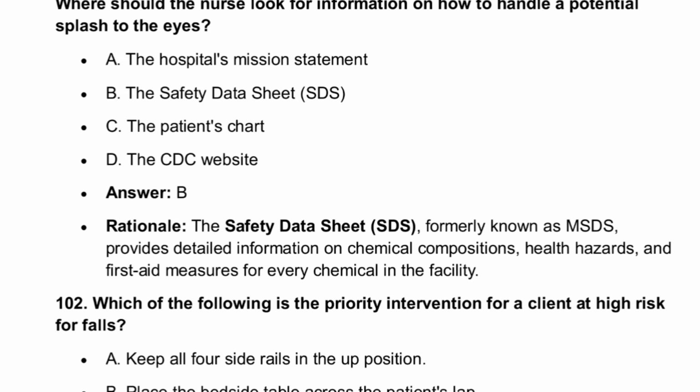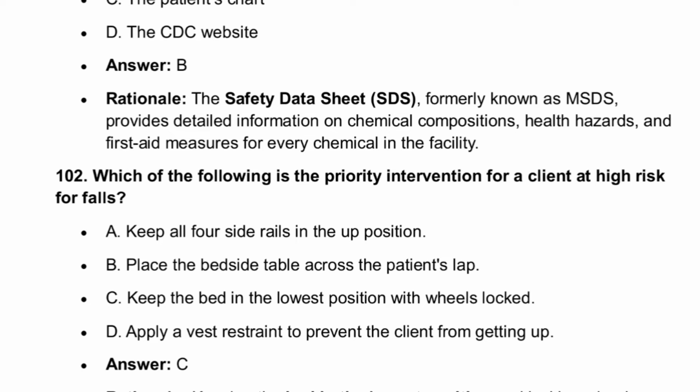চলো নেক্সট। Which of the following is the priority intervention for a client at highest risk for fall? কি করবে? সি, কিপ দ্য বেড ইন দ্য লোয়েস্ট পজিশন উইথ হুইলস লকড।